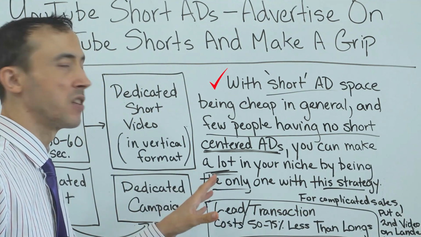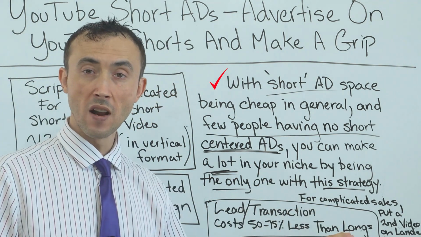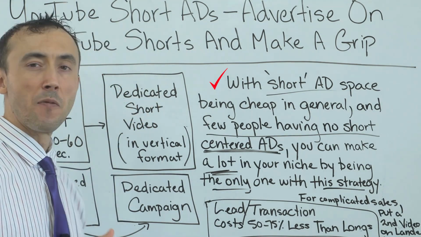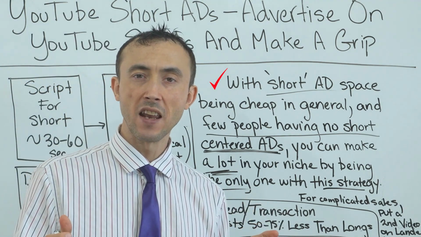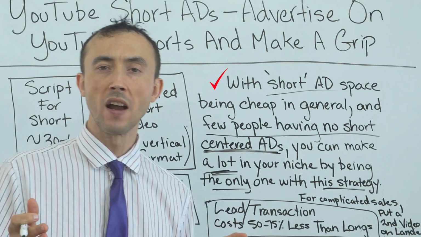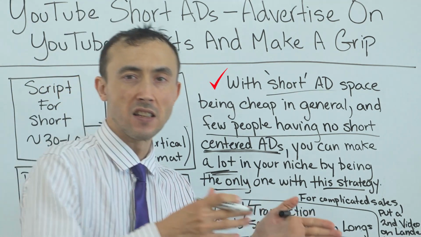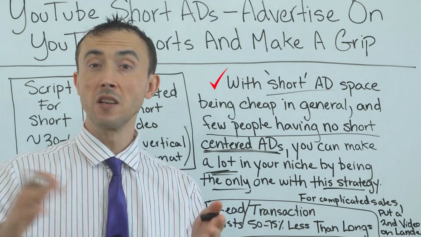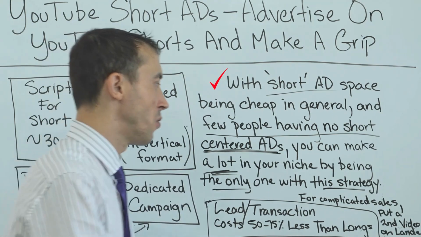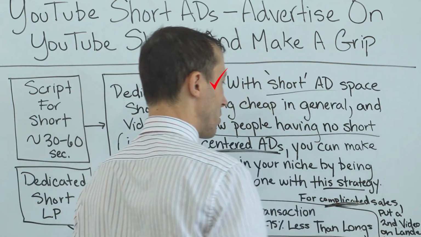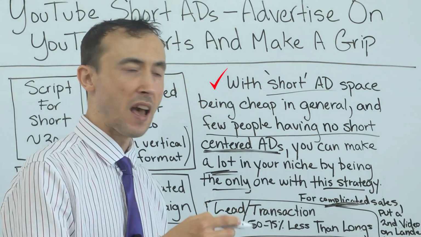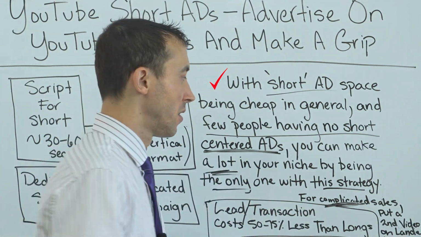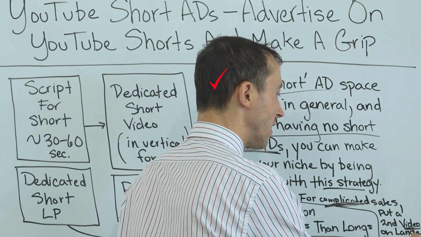So the formula that crushes it with the short ads is really pretty simple. If you have something that's simple to explain in the first 3, 4, 5 seconds of a short ad, you just go ahead and show it as is, and people who click through are going to go to the landing page on your website that you normally send other ad traffic to already. If you have something even moderately complicated to explain, you're going to have that short ad go to a landing page that only the short traffic goes to, and you're going to put a second video on that lander.